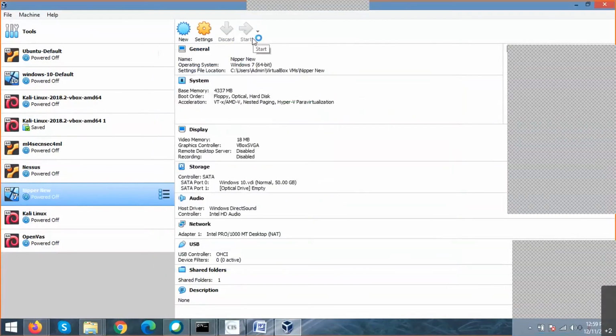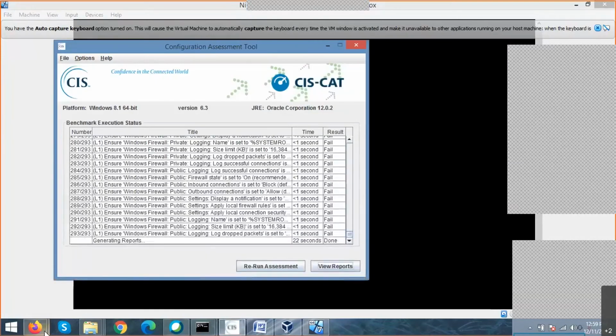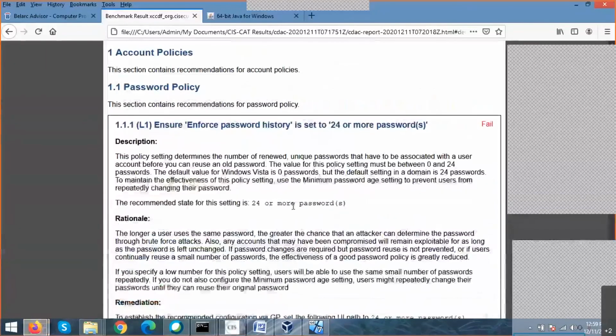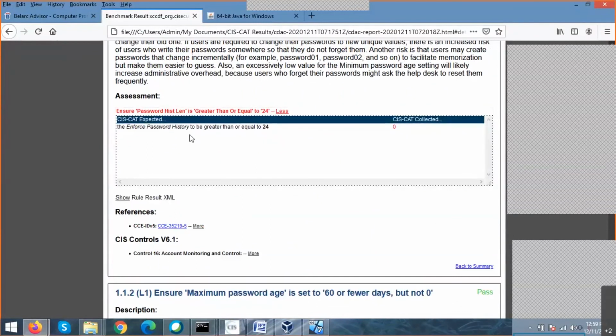One by one, you can do the same hardening things in your virtual box or in your main machine. You can see on this screen how many reports are generated, how many fail and how many pass. This is 1.1 under the password policy. It has shown that it has failed. It also gives what exactly is needed.